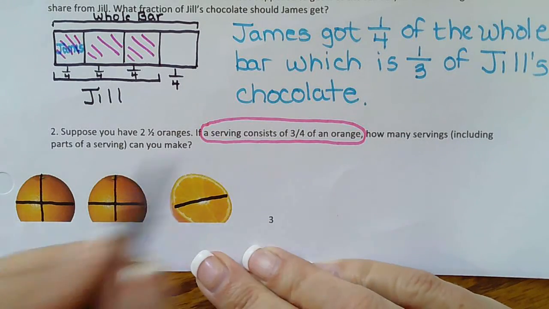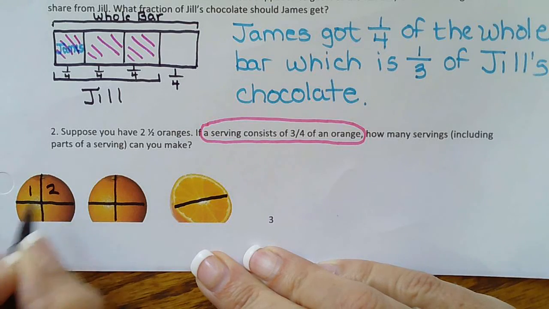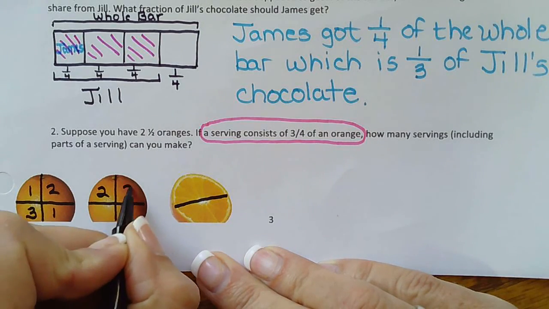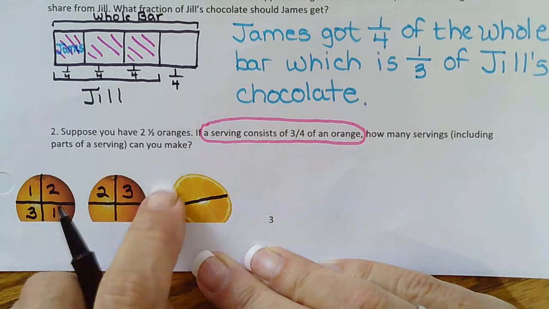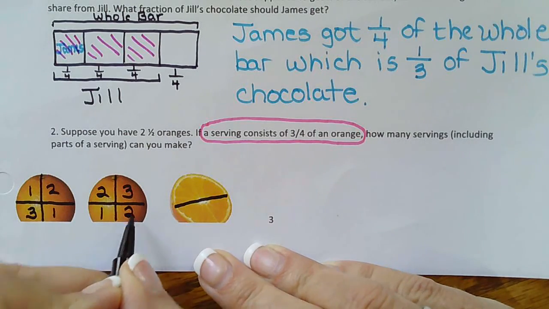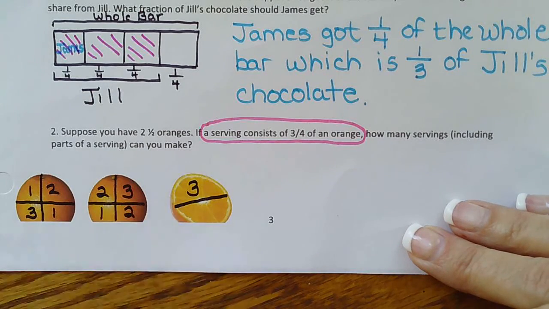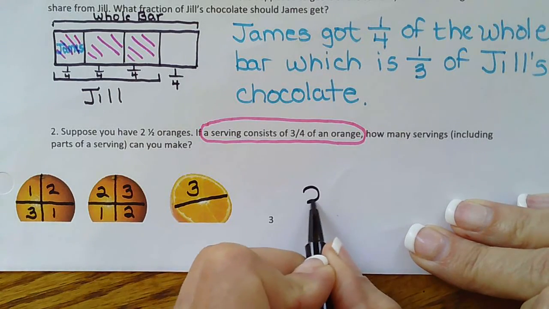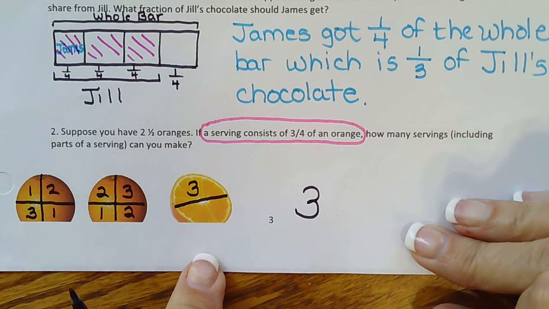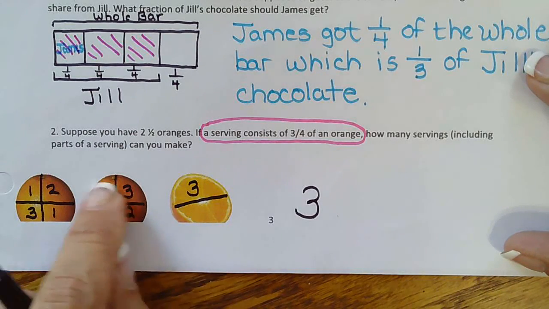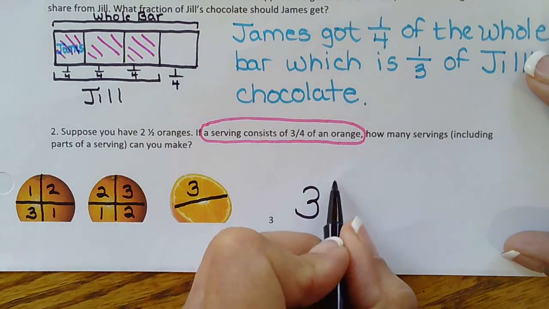So 3/4 of an orange is a serving. So does everybody agree that's the first serving? Because 3/4 of an orange. Then this is the second serving, 3/4 of an orange. Then this is the third serving. So 3/4. There's a second serving. There's a third serving. So you got 3 full servings. But this is the part where most students mess up. They go, well, that is 1/4. No, because each serving consists of 3 pieces. So it would be 3 and